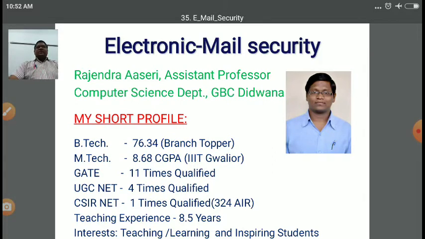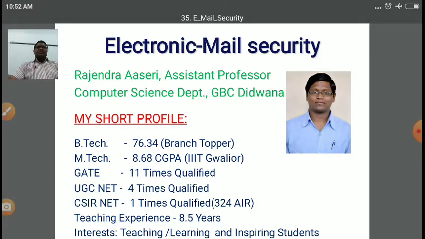In the previous lecture, we focused on email security basics. Means when we send a mail and it is delivered to a receiver, in between, whatever various security concerns might arise, clear. So how to ensure that our mail is sent to the intended receiver, and how a receiver can ensure that the mail is originated from a legal sender, right? To ensure all this, we need to use a technique, electronic mail security.